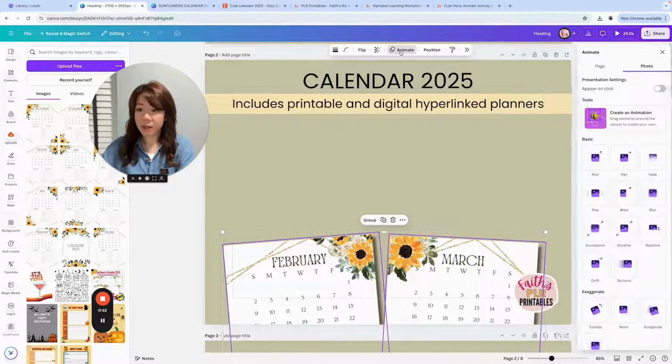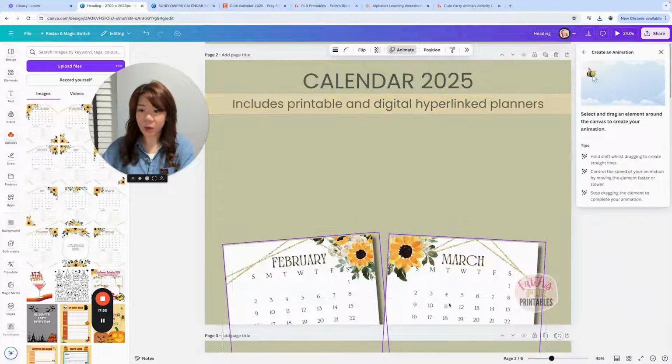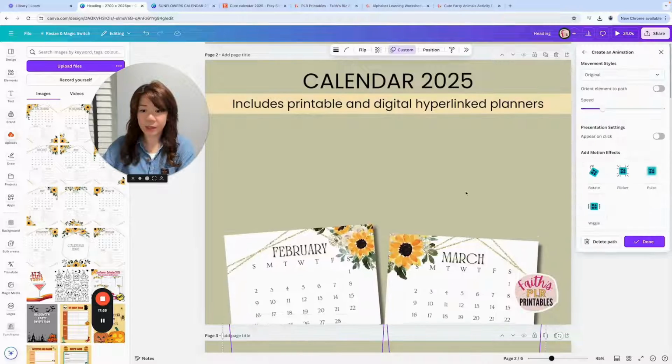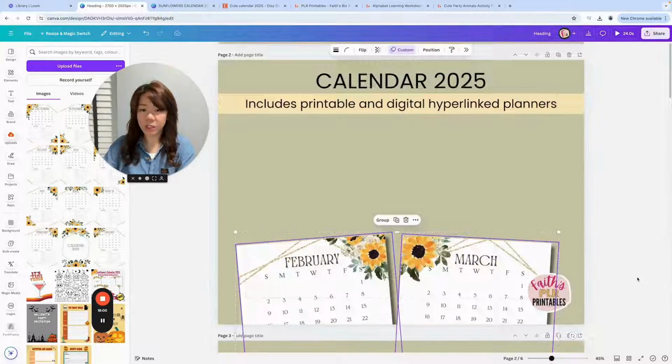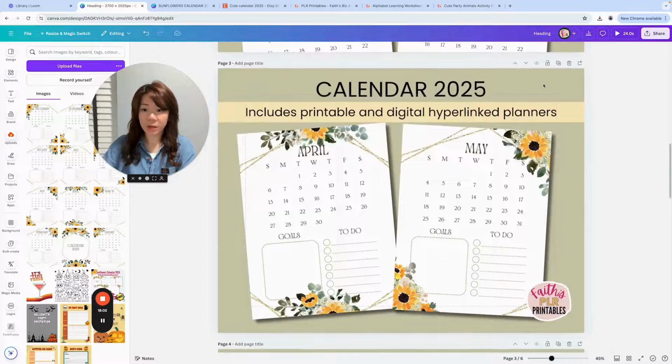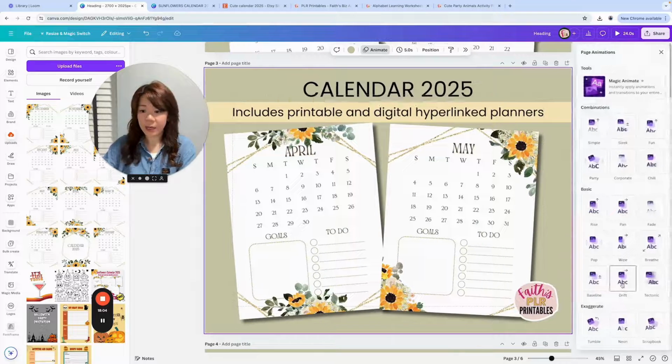This one, animate, create an animation, and I want them to move upwards. Okay, so that's for this page. Okay, next page, clicking on the entire page. Animation, I don't want any animations, and